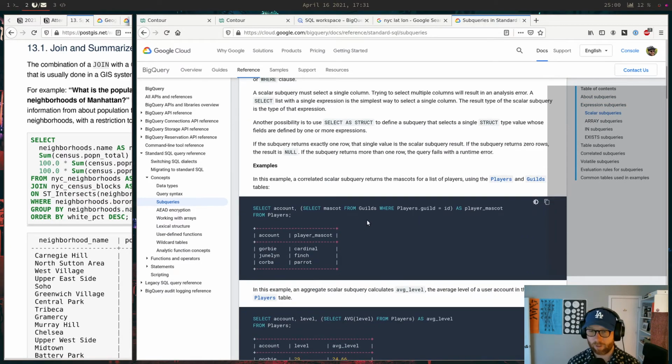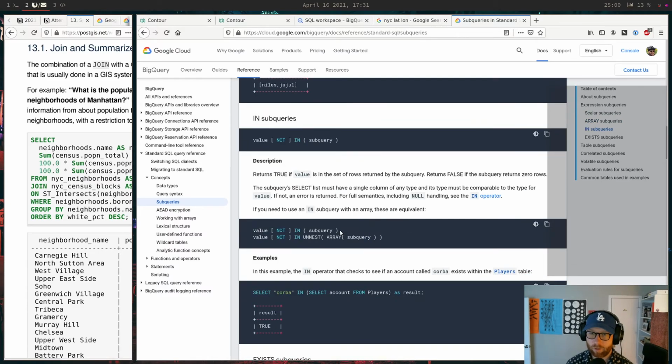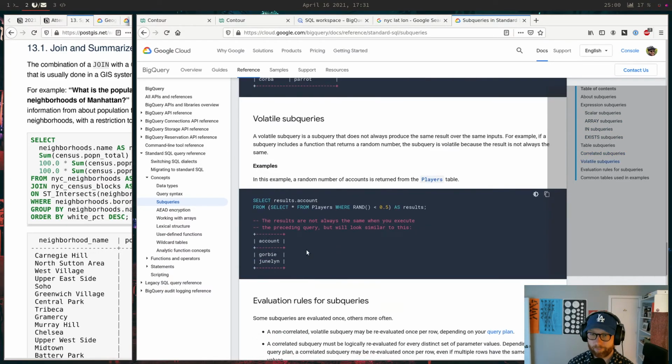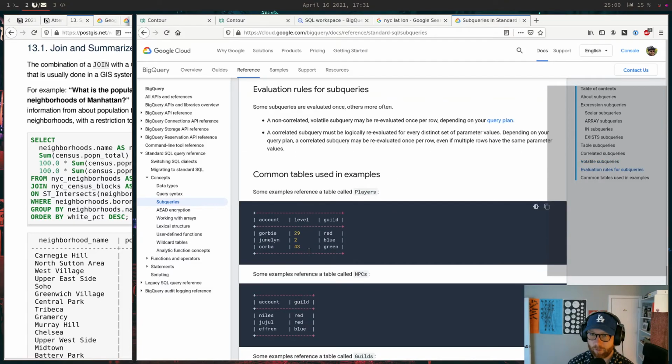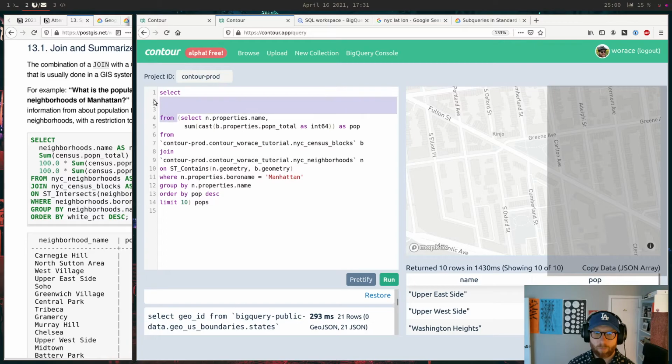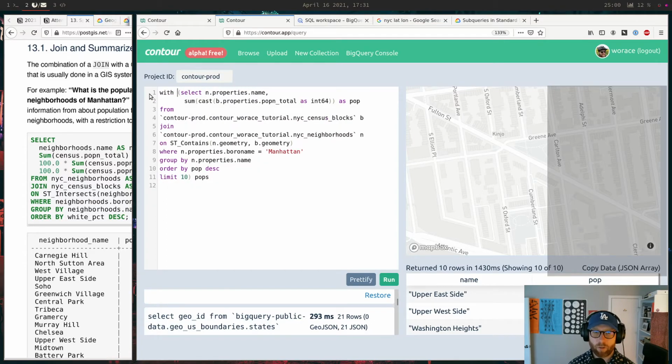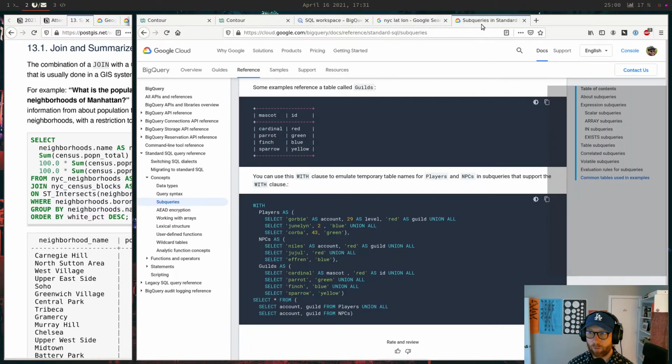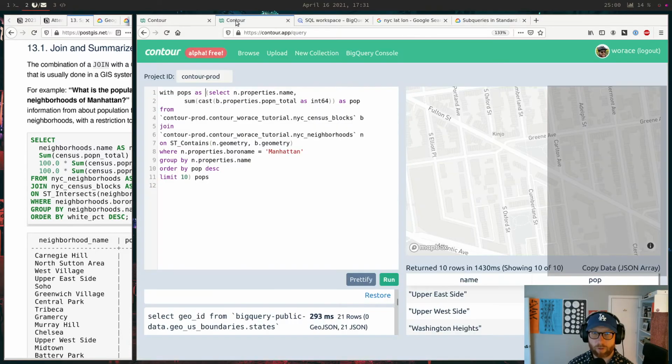Oh, that's like a column. I don't really want that. Volatile. Oh, width. Maybe width is better. Yeah, width sounds better. Width pops as. Sorry, I could go back to this. With thing as blah, select blah, and you can join and stuff like that then. Okay. With pops as all that mess.